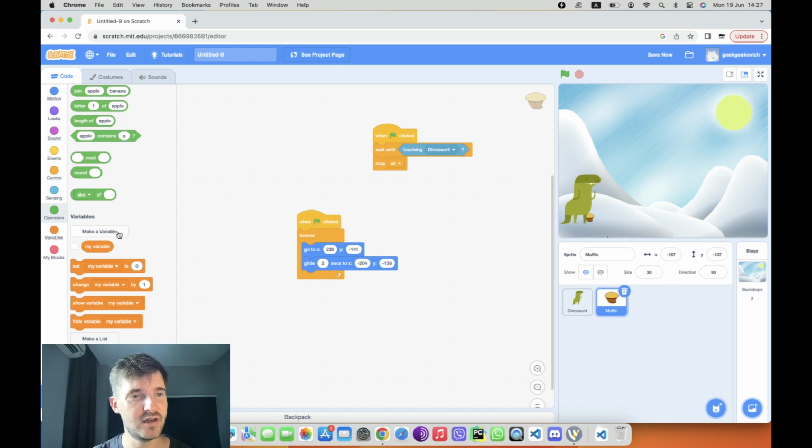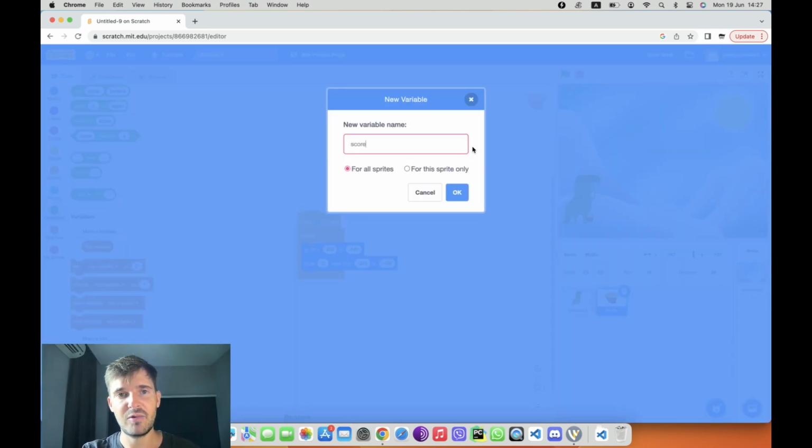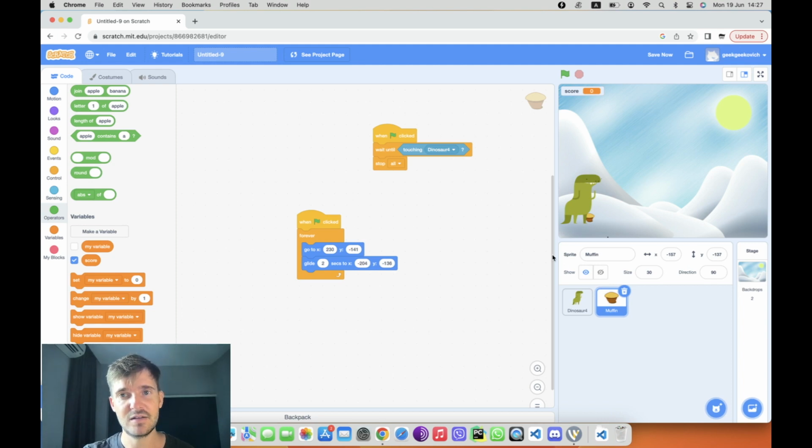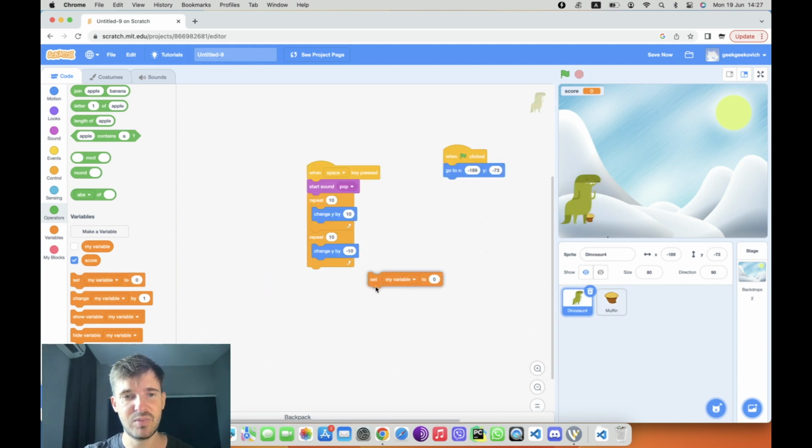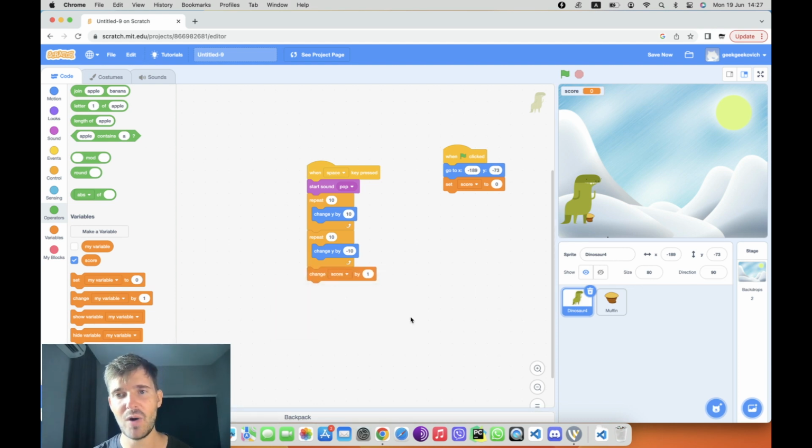So what else I want to do, I want to make a score. For that, I click here, make a variable, and the variable name is going to be score. Okay. And I use this block, set my variable, but I change my variable to score. And if I jump, the score changes by 1. Okay, let's do that. But when the game stopped and I restarted, the score restarted as well. So